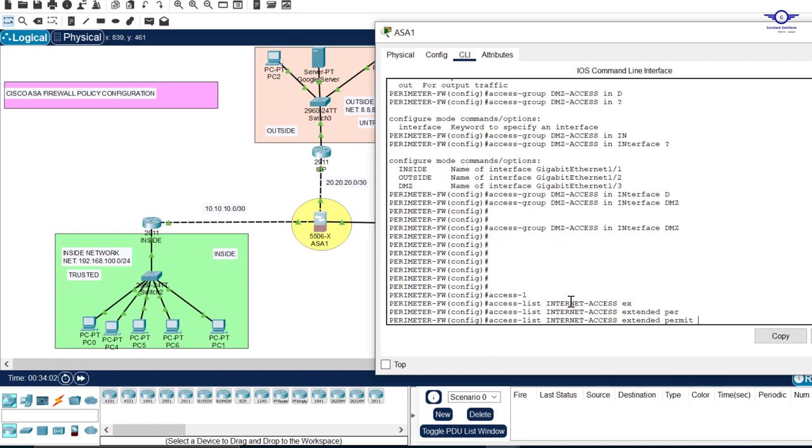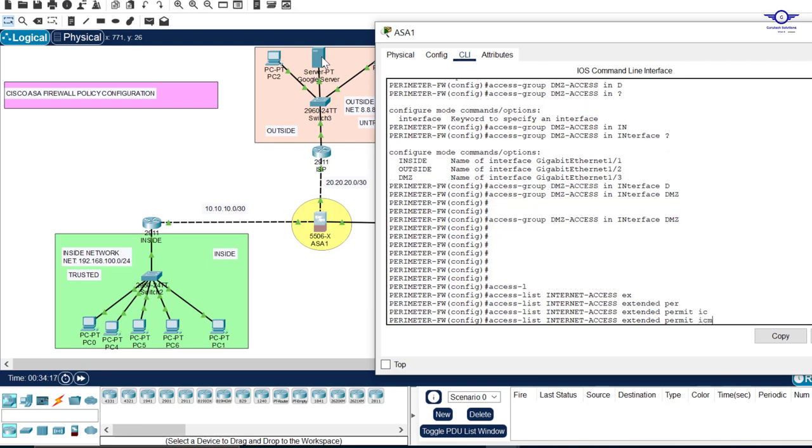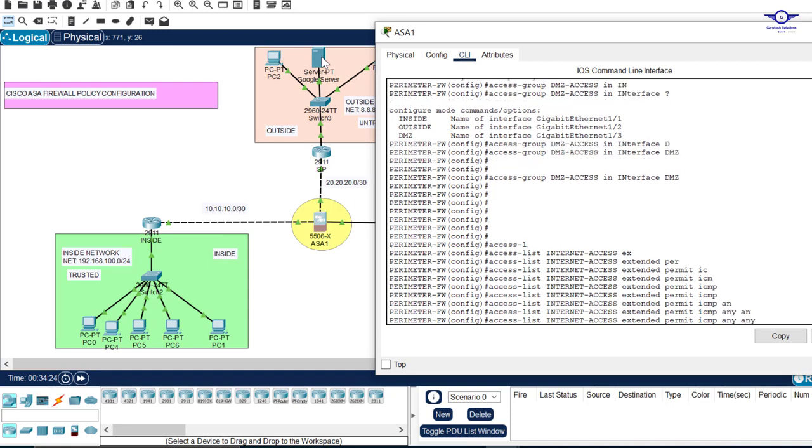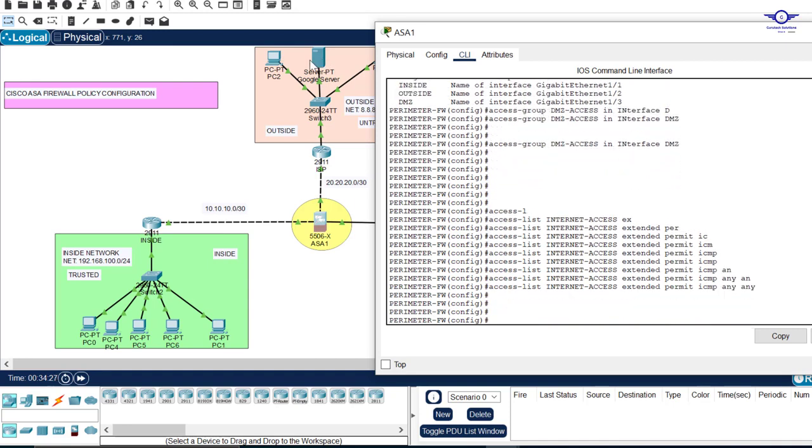We just want to ping the web server and access only web services, which is HTTP and HTTPS, or maybe DNS domain. So we say permit ICMP any, and you hit enter. So the first thing is to allow us to ping the web server. All right, good. For the second rule, we use access list internet access extended permit